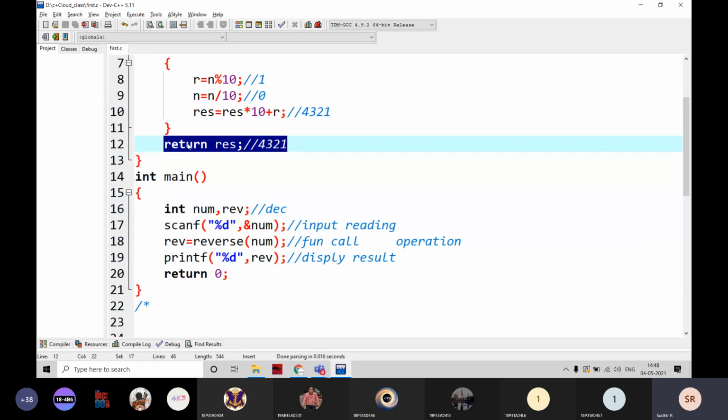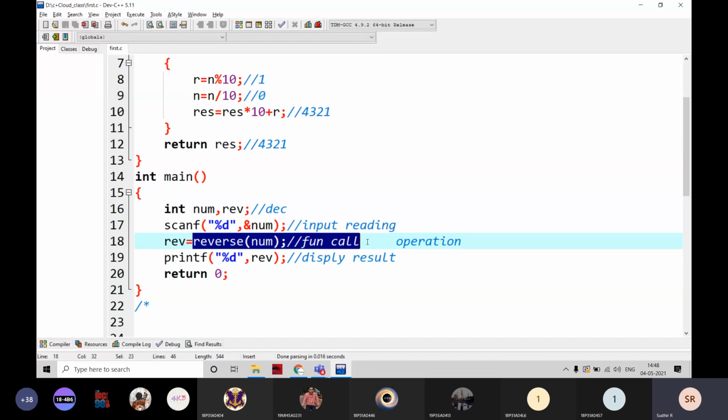When I say return, it goes back to where the function call happened, and the function call is going to be replaced with what I am returning. Now REV is equal to what I am returning there, 4321. That is a simple assignment here. Okay, sir. Thank you. Clear?